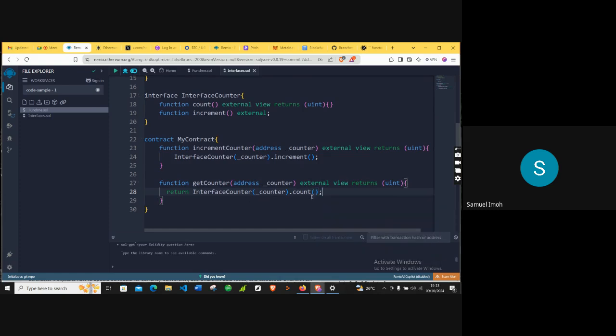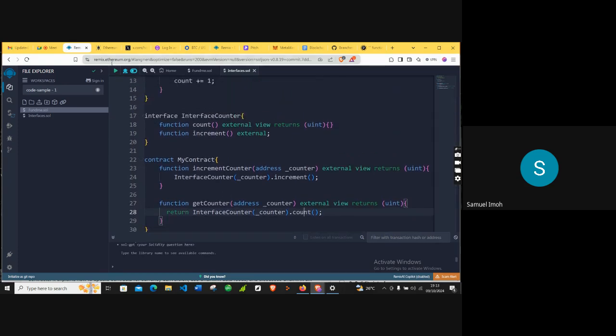So where do we get this count from? Remember, we get this count from here, this function. Understand? This count function. That's what we are calling here. We're calling the count function, so that this one works like what we did here. Understand? So if we run this,